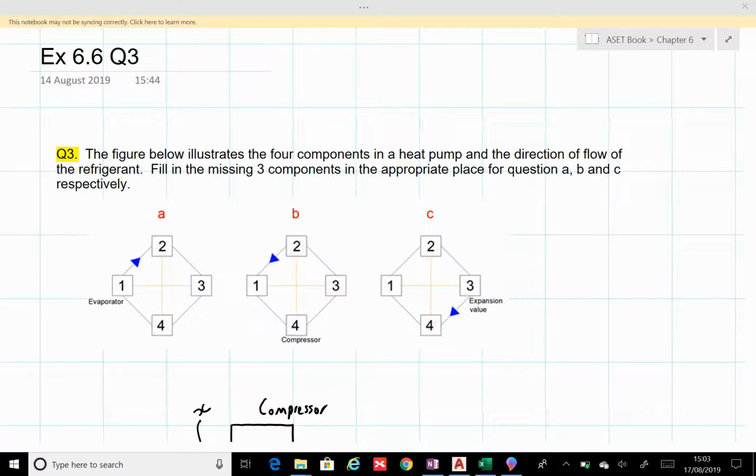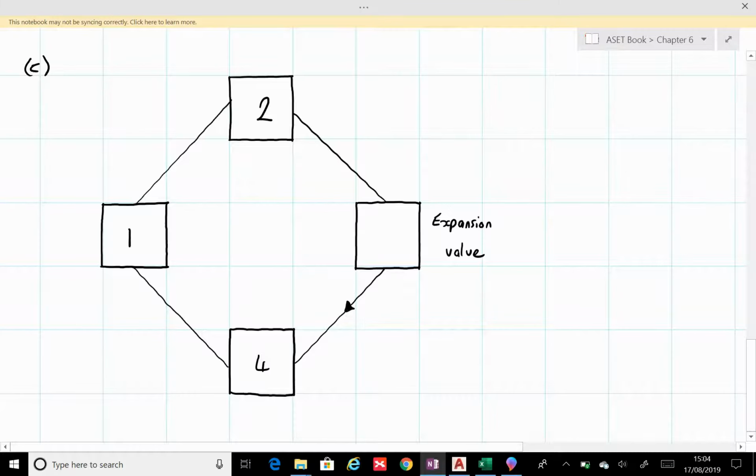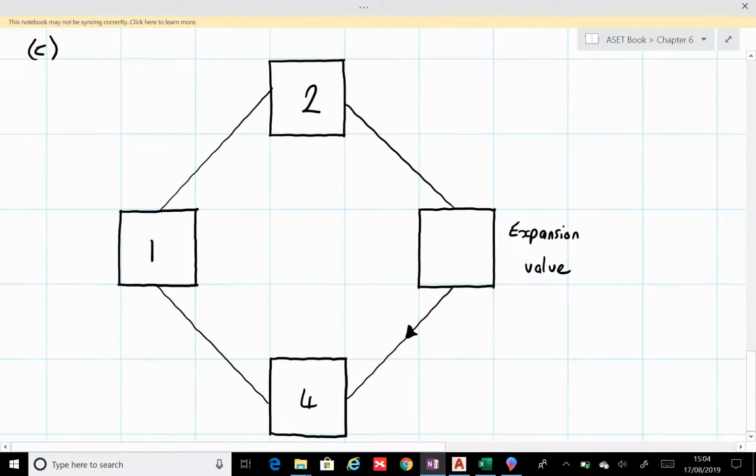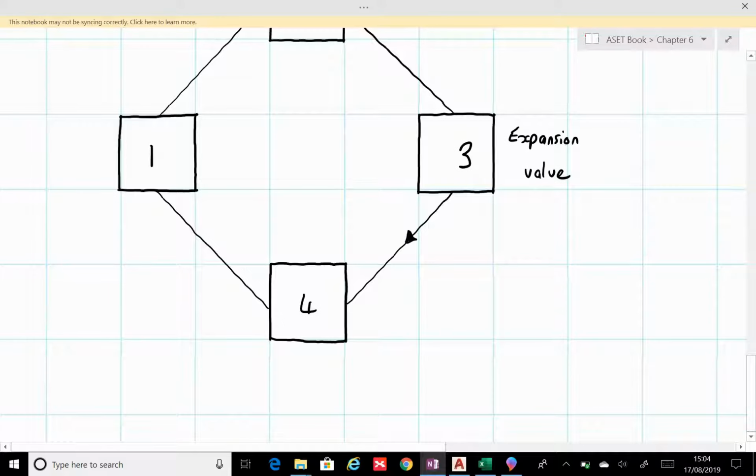Okay, we're now in a position whereby we can finalise exercise 6.6 question 3 by completing part C. Again, a heat pump system. We're given the position of one component and we're told in this case the direction of the refrigerant is in a clockwise sense. Now the expansion valve from the previous questions, which is located in position 3, is a component